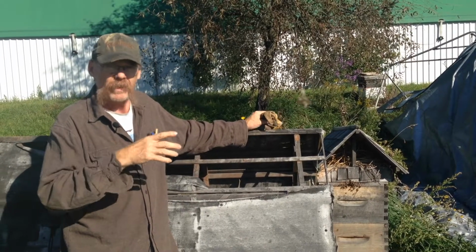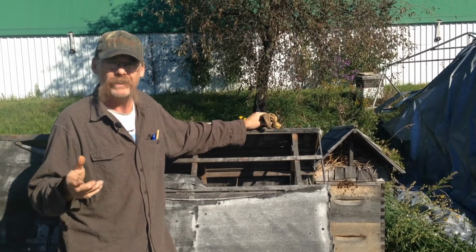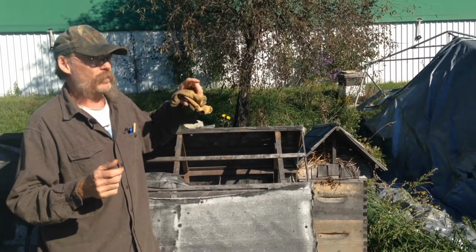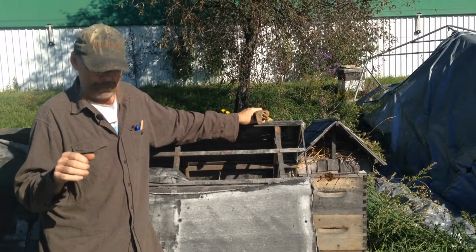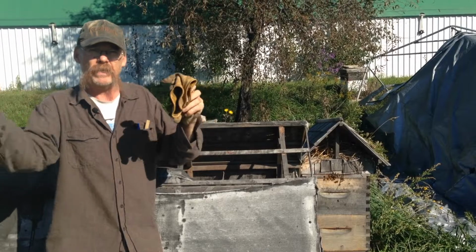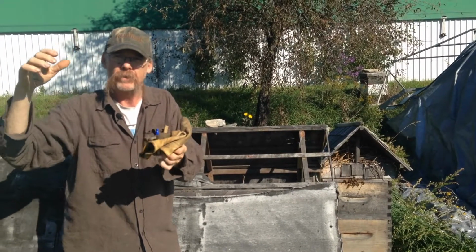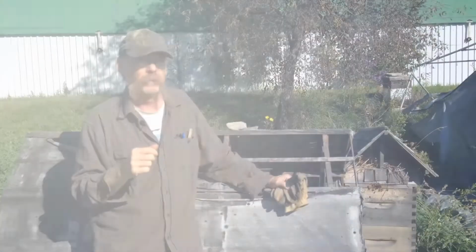So anyways, I went and I got the interns up and I grabbed my bee stuff that was getting a bit moldy and dusty, and I grabbed the box and I cleaned it out, and I took it down with a ladder down to the tree that had this swarm in it. And it turns out it wasn't just a swarm. I put the box against the tree and I tied it to the tree, and then I swept the loose bees. There was about 3 pounds of bees. I swept them into the box,